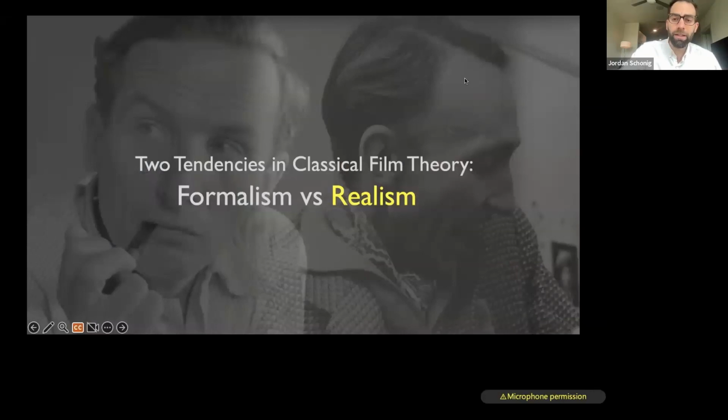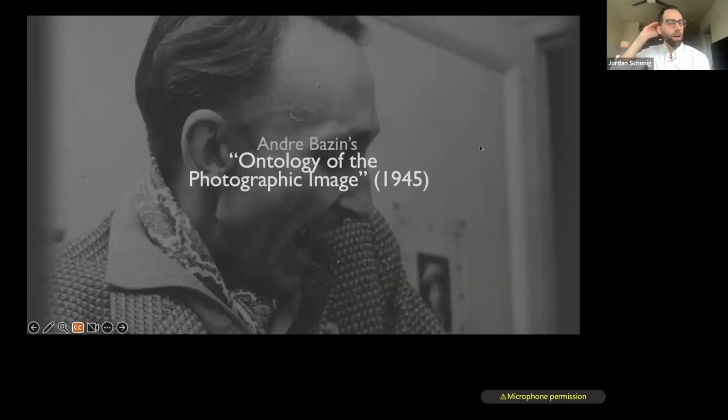And so that is kind of Arnheim's rhetorical strategy. But a couple decades later, in 1945, you start to get theorists who are interested in responding to this formalist tendency. One of the biggest theorists is André Bazin. André Bazin is probably known as the most canonical thinker of cinematic realism in the history of film thought. He was a film critic at the famous French film magazine Cahiers du Cinéma, one of the founding members. He wrote